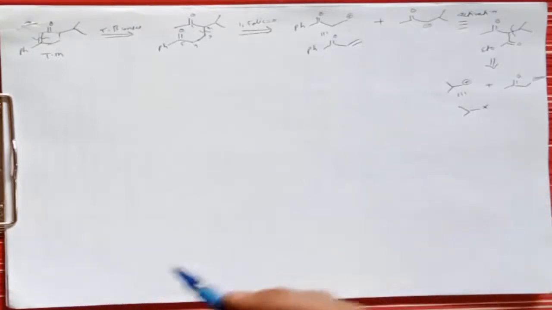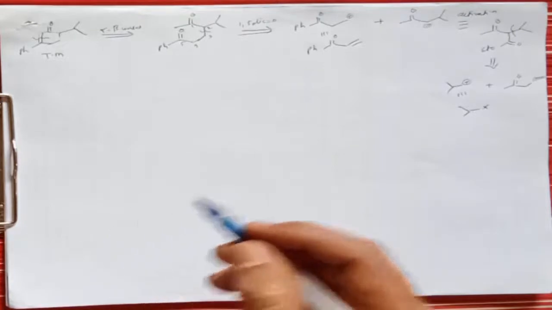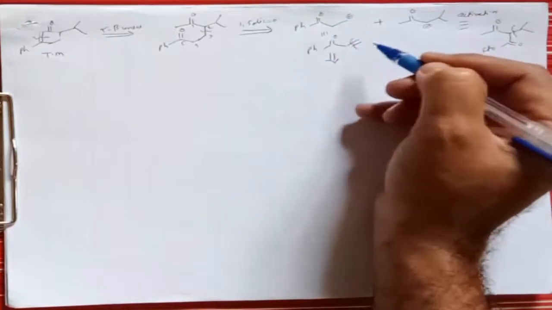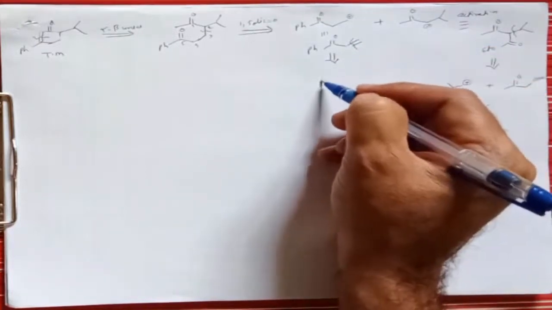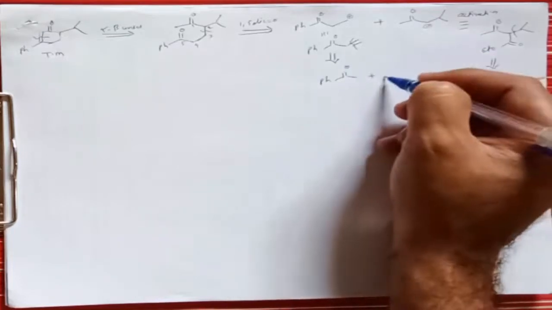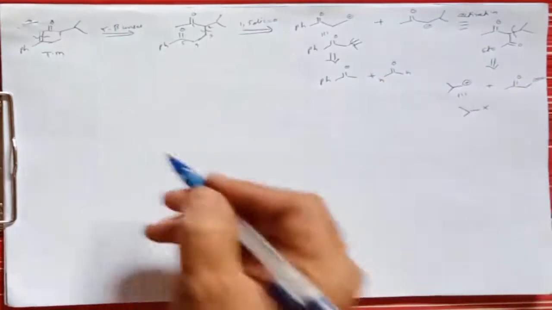Such molecules can be easily prepared by using a simple synthetic method. That means if there is such a molecule, it can be broken at the alpha-beta unsaturated system, and from one side it gives a negative charge, and from the other side a positive charge, or we can say a formaldehyde group.